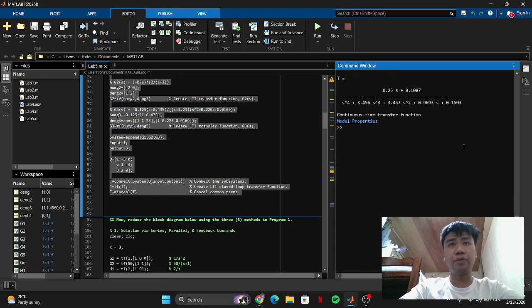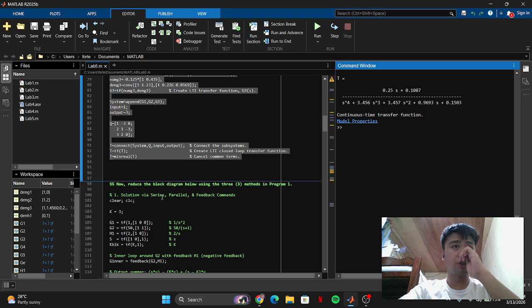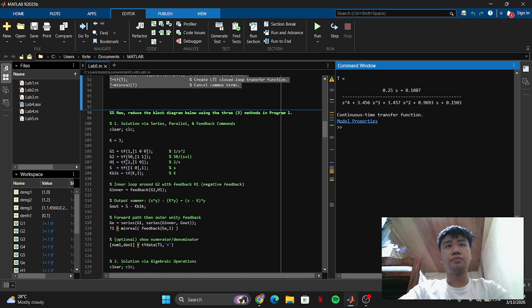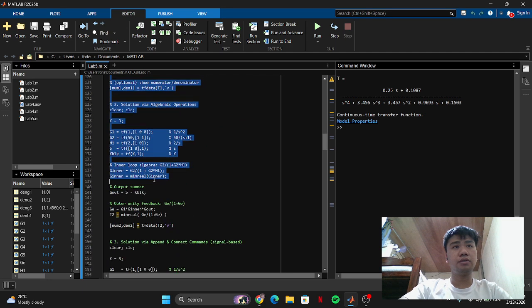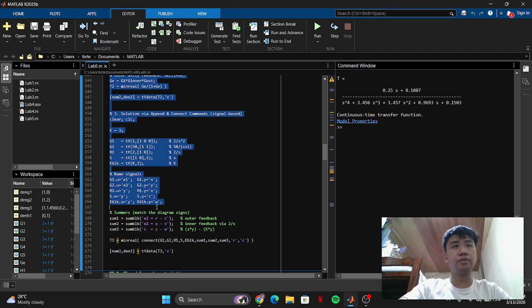After following the example, now we will move on to the second part of the laboratory activity. So on this one, I'll be running it real quick.